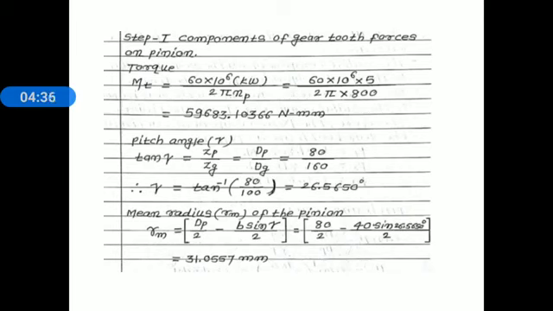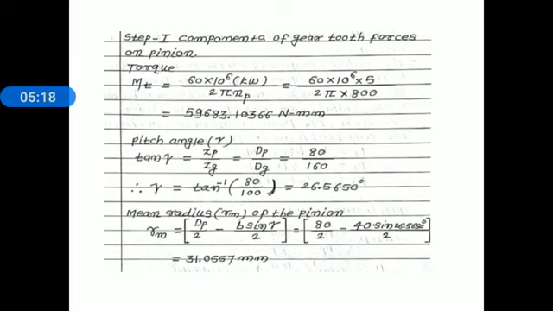Pitch angle gamma. Pitch angle for pinion is denoted by letter gamma. Tan gamma is equal to Zp divided by Zg or dp divided by dg. Okay, we know here teeth is not given but the diameter is known to you. Pitch circle diameter of pinion is 80 divided by pitch circle diameter of gear is 160, and take a tan inverse of this relation, and we get a pitch angle for the pinion gamma is equal to 26.5650 degree.